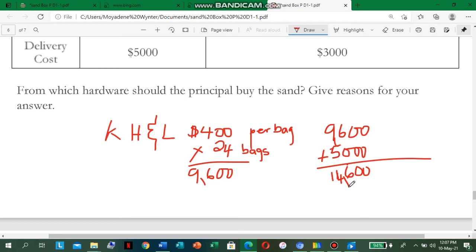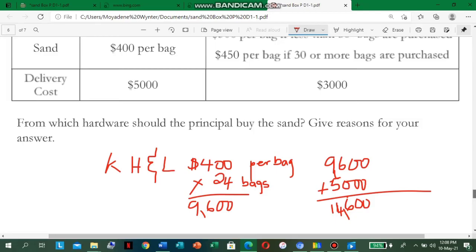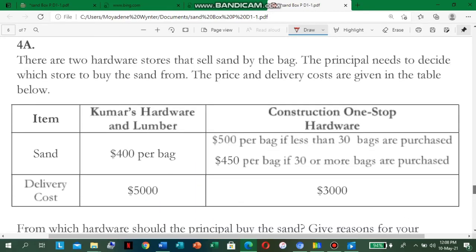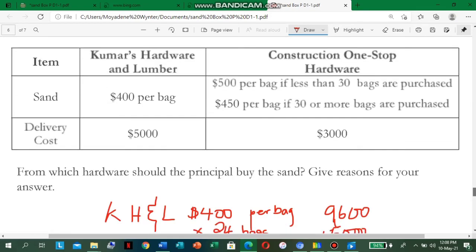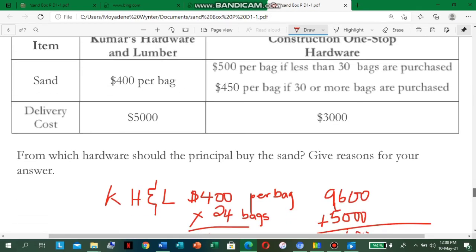$14,600 for Kumar's hardware and lumber. All right, that's the total cost. So let us check out Construction One-Stop Hardware and see if they are a little cheaper or more